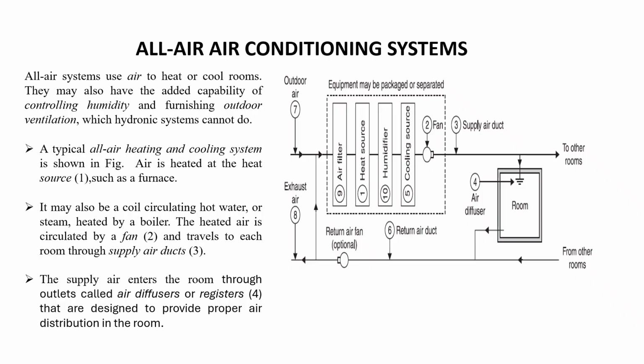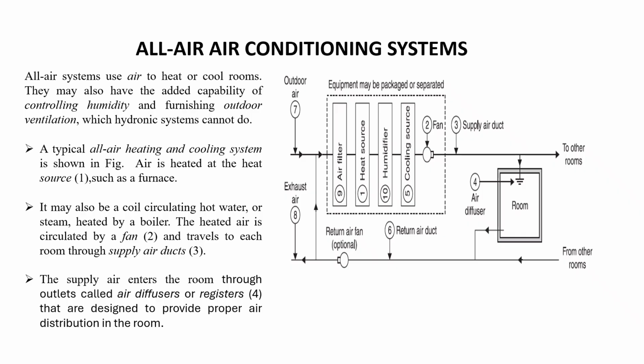Whatever the boiler contains, the water may be circulated as hot water or in the form of steam. The heated air is circulated by the fan. You can see that there is a fan available. That fan will circulate the heated air, and it travels to each room through the supply